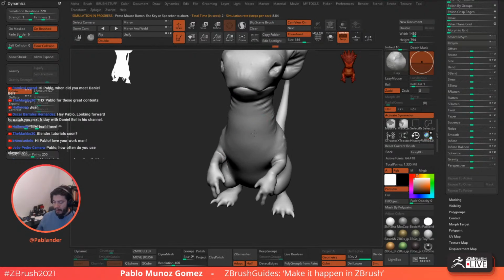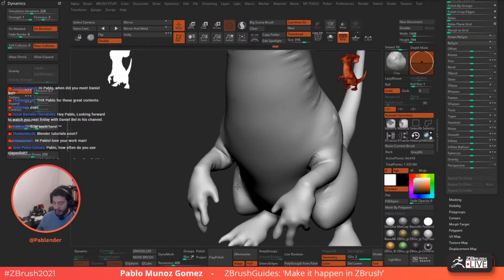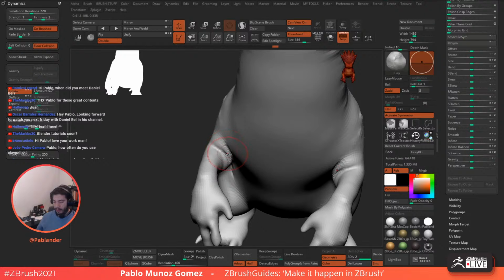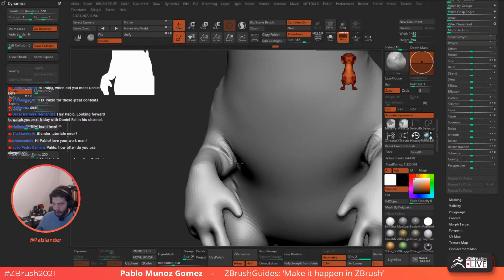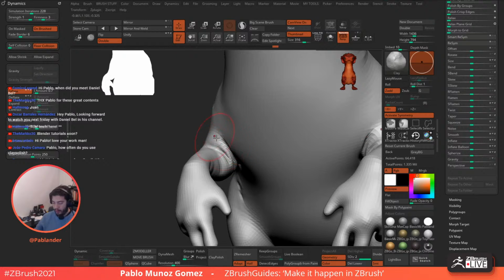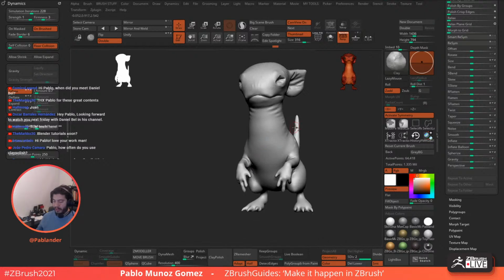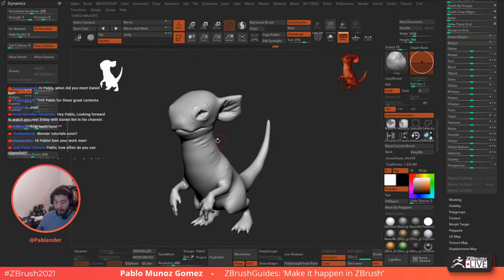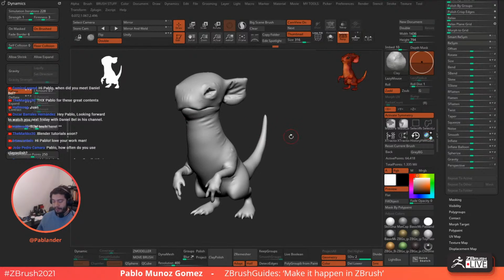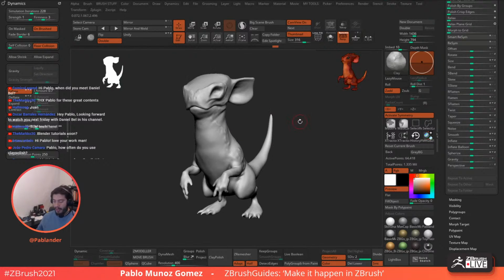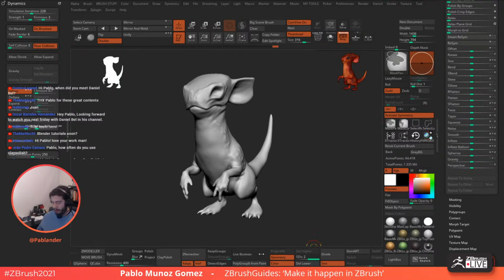So the main focus for this trick would be these areas of the shoulder, where the arm gets into the body. So look how natural and how cool these folds look, right? So this is what I want to try to achieve, but obviously the rest doesn't really work. So I was just testing which values in the dynamics palette work for getting this thing right. But now I'm gonna undo that, and before I run the simulation, I'm gonna go ahead and, oh, by the way,